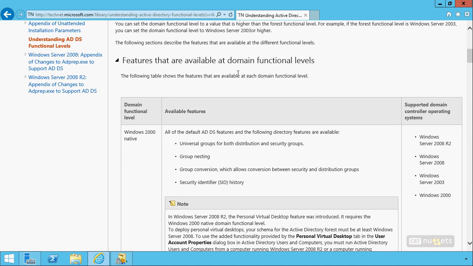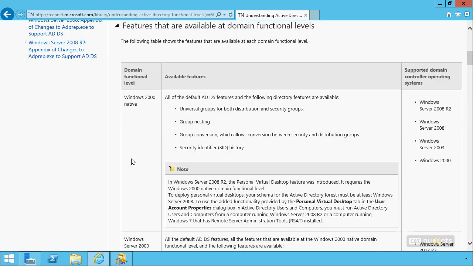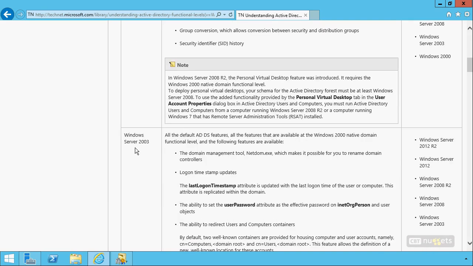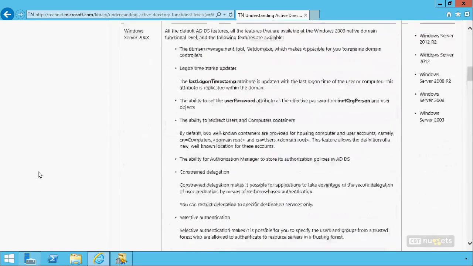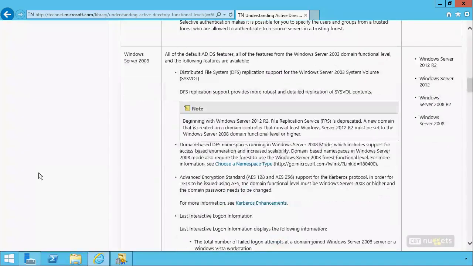For the domain functional levels, each new functional level provides new functionality, starting even with Windows 2000, 2003, 2008, and so on. The early ones were kind of past, so I'll skip past those for now. But I think you should be aware of the fact that when we moved to, for example, Windows Server 2008, we gained a few new really exciting features, some of which are, and I'm pointing these out because